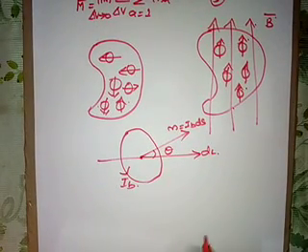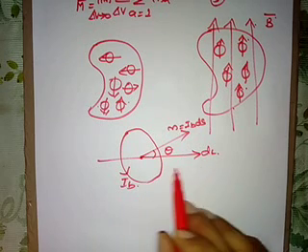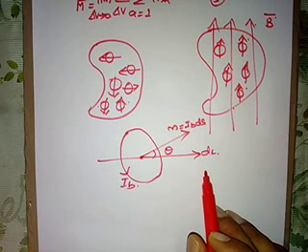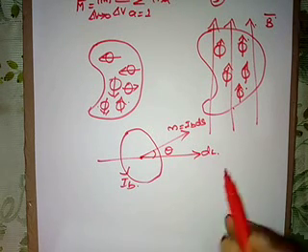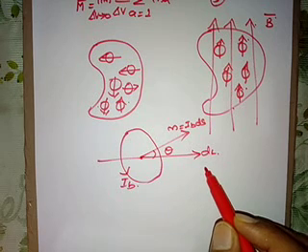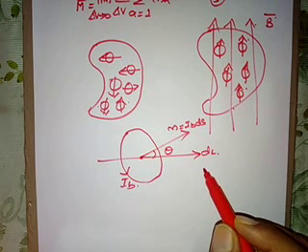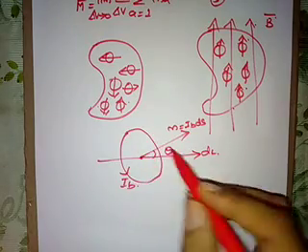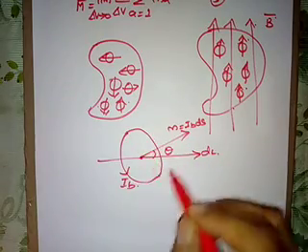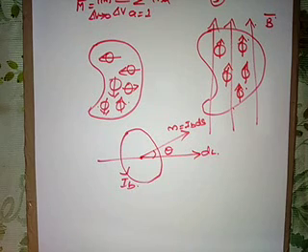So from this figure, it is clear that the magnetic moment m bar makes angle theta with the elemental length dl bar, right? So the component along the direction of dl bar is nothing but the projection of m bar on dl, right? That is, the magnetic dipole moment is perpendicular to the surface. So you can see here, this is inclined. So the magnetic dipole moment is perpendicular to the surface area ds.